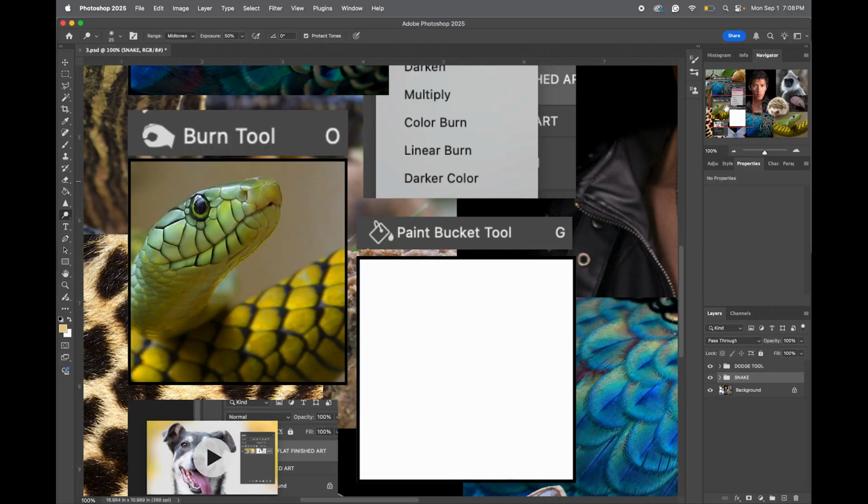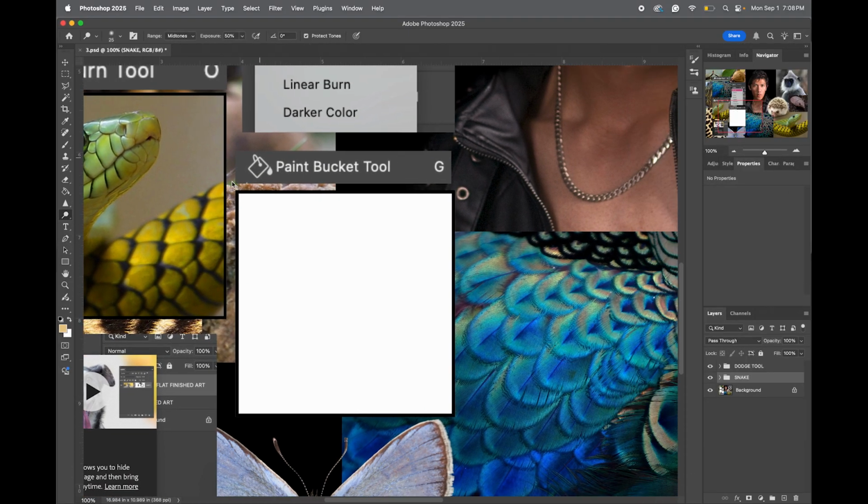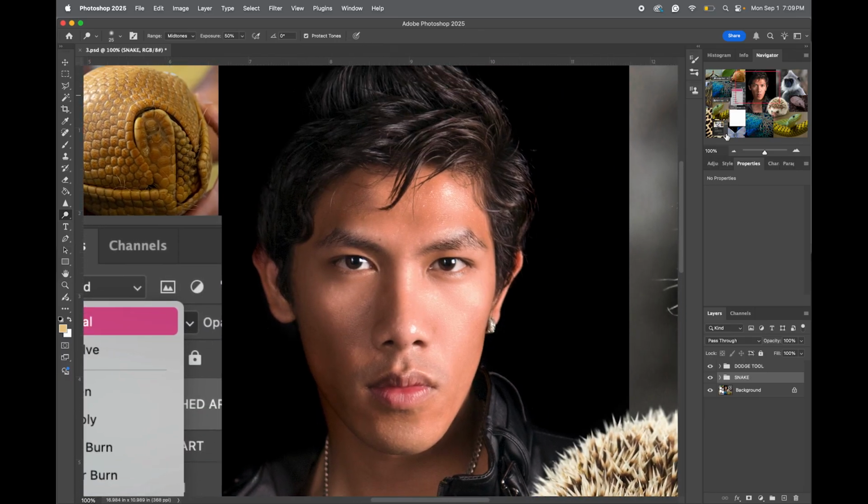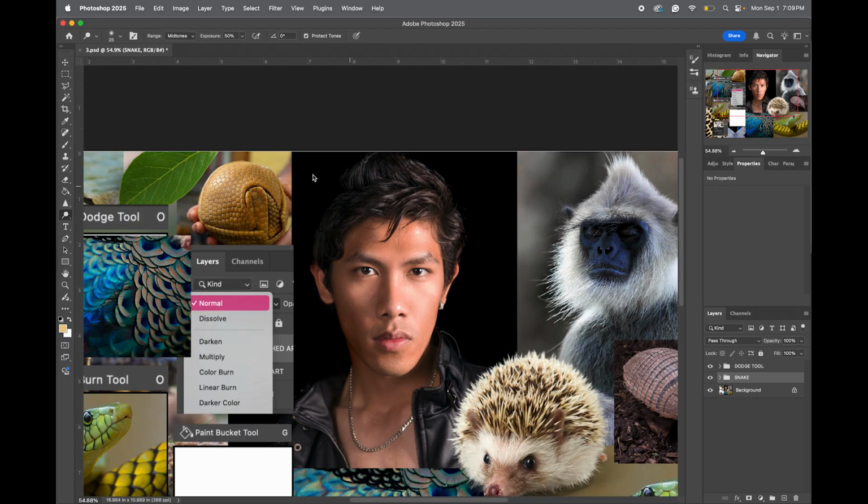All right, welcome to Module 13. We're going to learn how to use the Paint Bucket tool. So first things first, I want to come here, zoom out, and I'm going to take my rectangle marquee tool, select this guy right here,